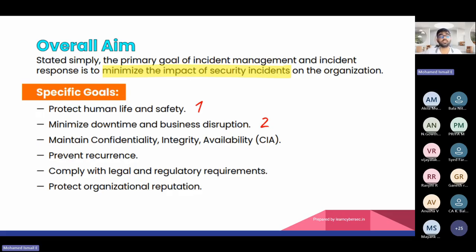Protect organizational reputation. Now a hack has happened. If every news and media outlet publishes that name on the news channel, what will happen? They lose the business. Here the public relations comes into the picture. There is a public relations department in the company. They go and address the news agencies. If it is a big organization, they hold a press meet and explain: this is what happened, this is the plan for recovering the business, this is the impact, these are the customers impacted. That's how we need to handle the security incident. So the overall aim, these are the topics we should be aware of, on why we are doing incident response.